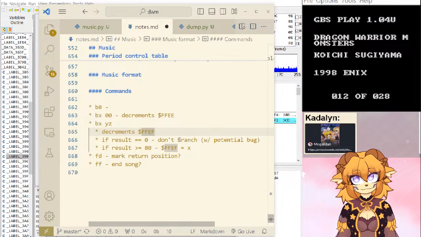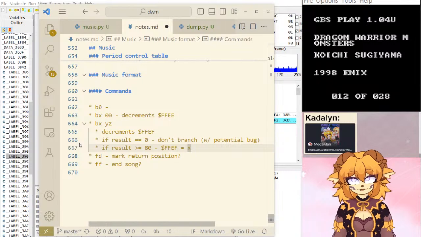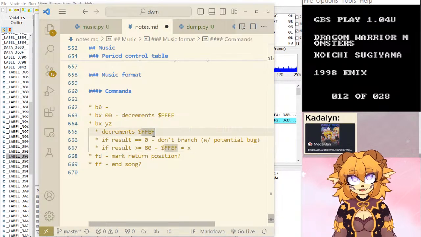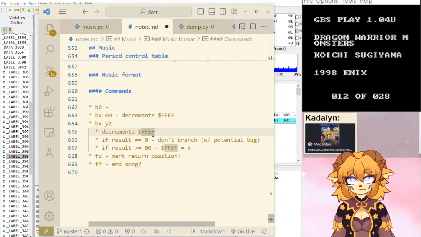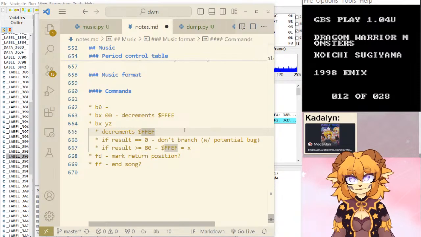I definitely find this odd. Oh, you know what? It probably is. The one time I can think of this actually happening is if FFEF was already 0.